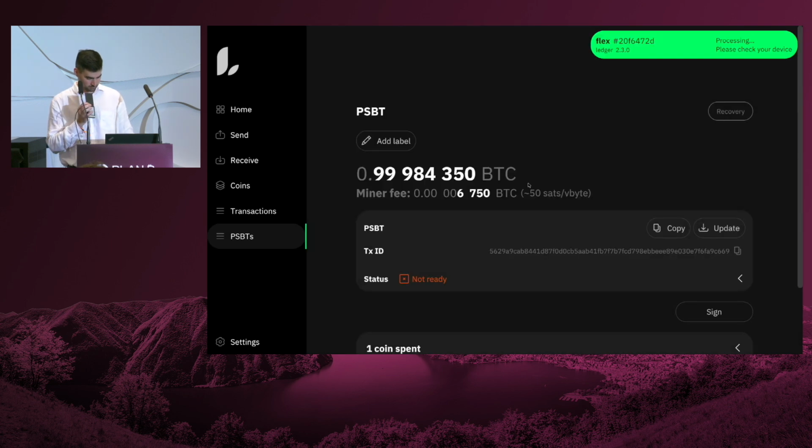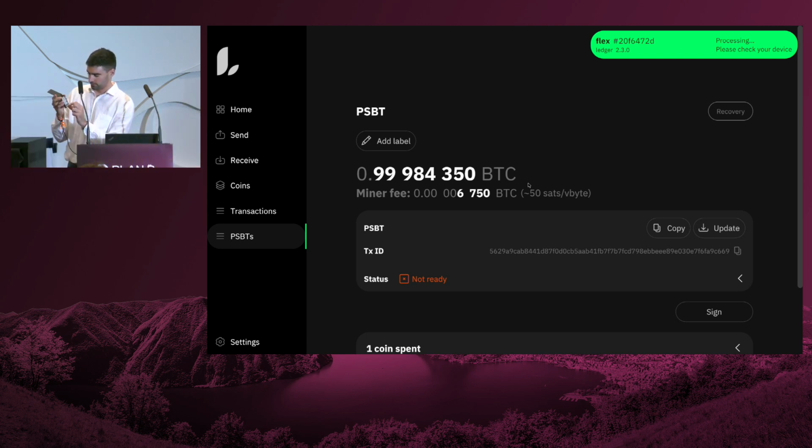Flex. And it is processing, and it says review transaction to send Bitcoin from name of the wallet, amount which is 0.999 test Bitcoin, to the address of my Sparrow wallet.